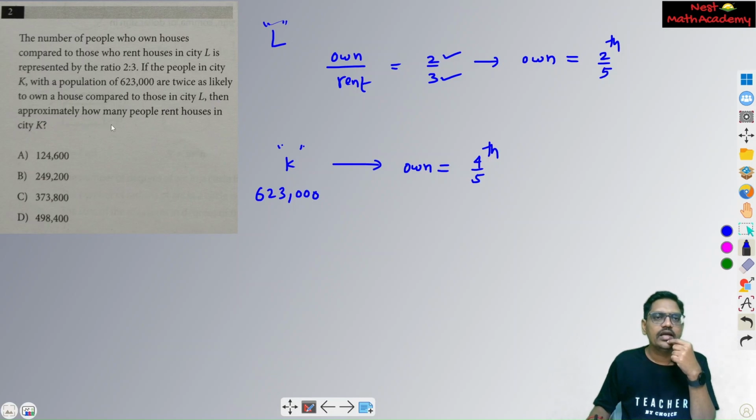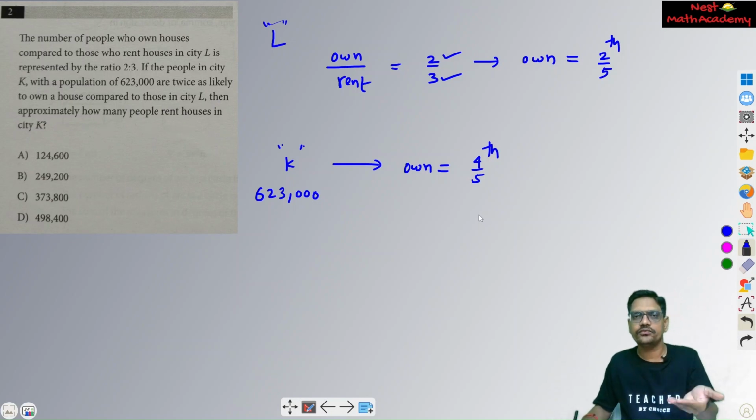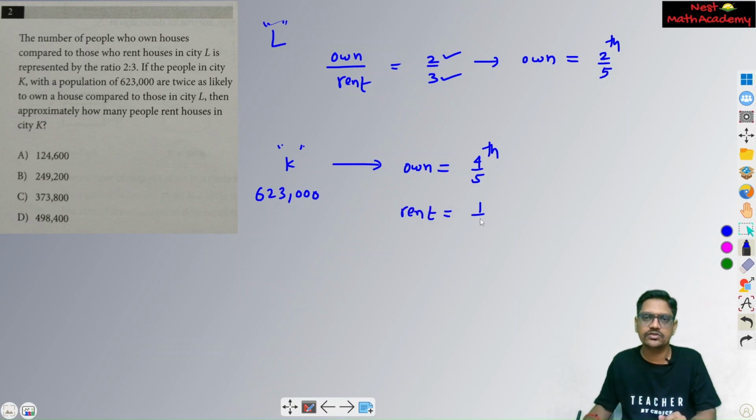Then approximately how many people rent houses in city K? So if 4/5 of the people are owning the houses, how many people are renting the house? 1/5. Obviously 1/5 are renting. So they want this number. How many people are renting the house? So therefore, the people who are renting the house is 1/5 of total